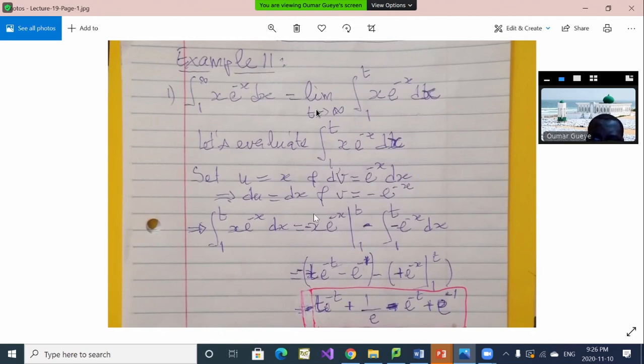Now for the first term here, I'm going to calculate it as the FTC says. I'm going to substitute x by t, and I'll get the first term here. With this minus sign, I took it out. The minus is in front of the bracket. And minus a